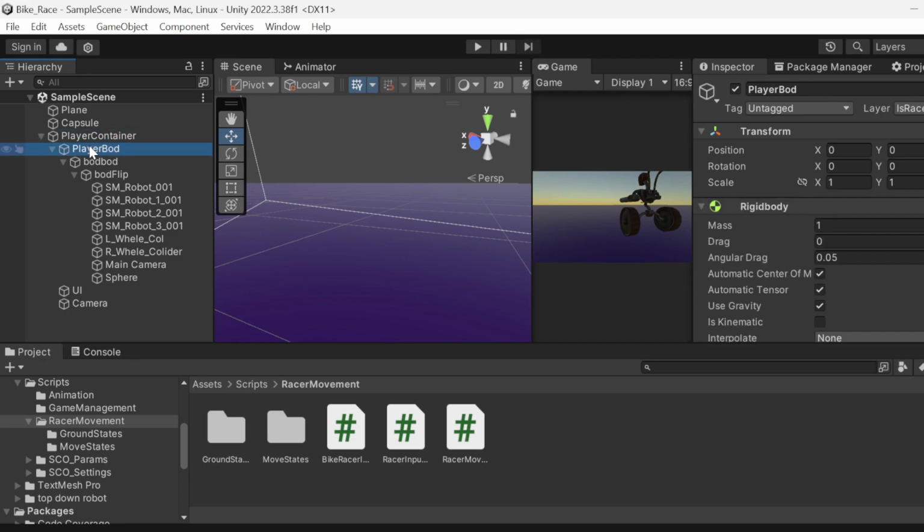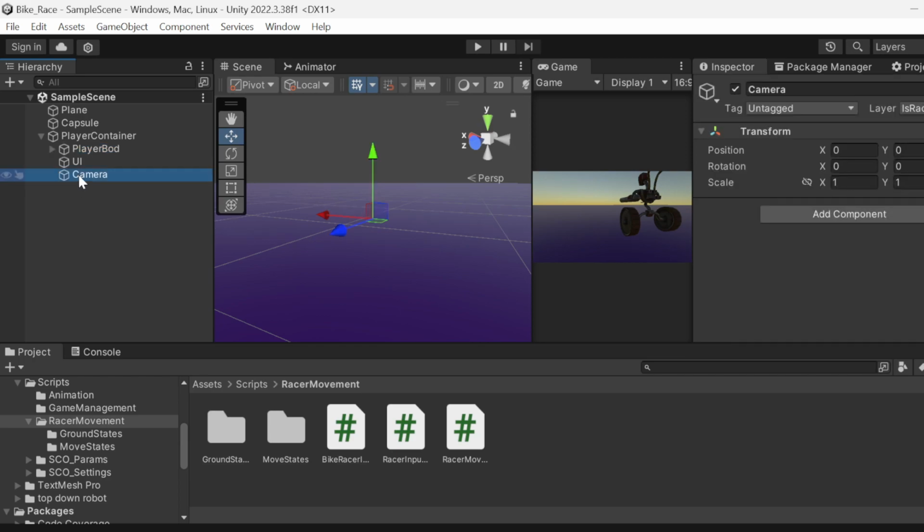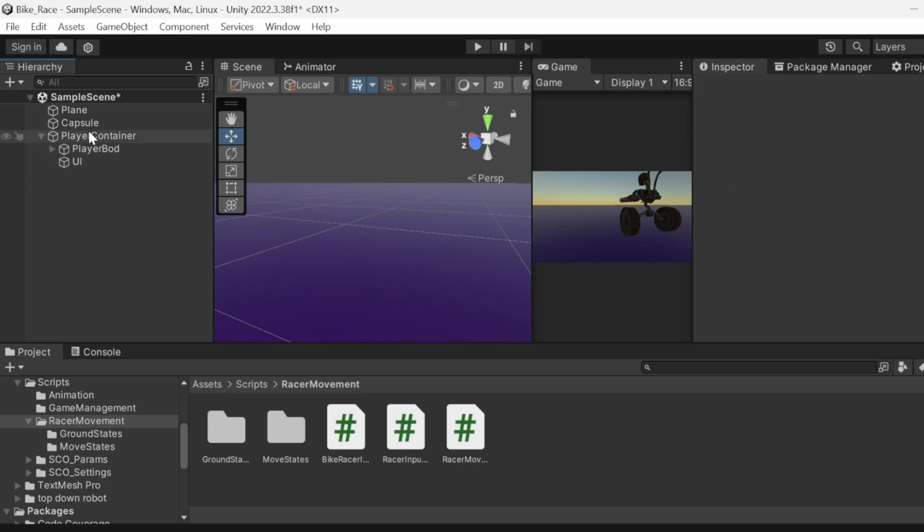Player container, player body, unhyphen body, camera is still out here. So why is the camera following? Well, that's not the main camera. So I have too many cameras. You can see if I just delete this object, I still have a render area, so I have a camera in here somewhere. Main camera that's pinned under the body flip. Right there. We don't want it there. We want it somewhere not there. And to make sure it's pinned to where it's supposed to be and looking in the direction it's supposed to be,